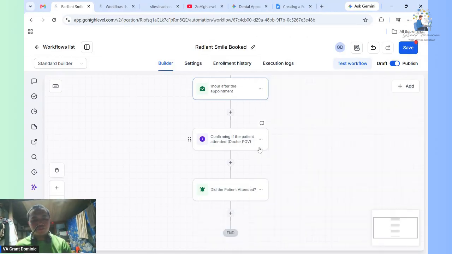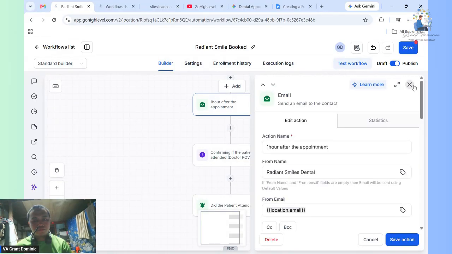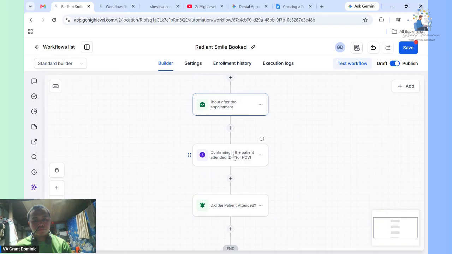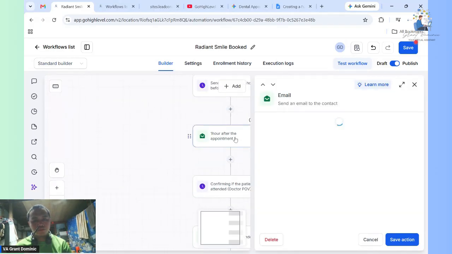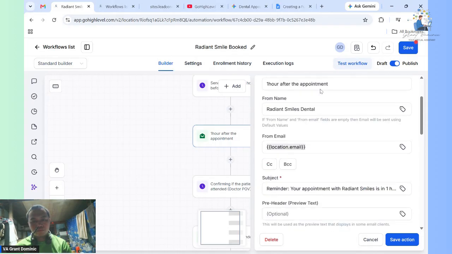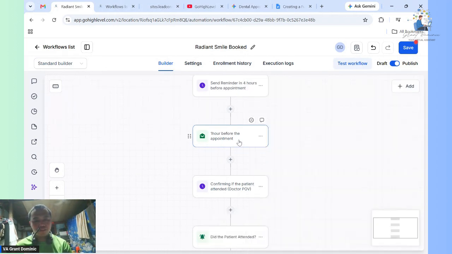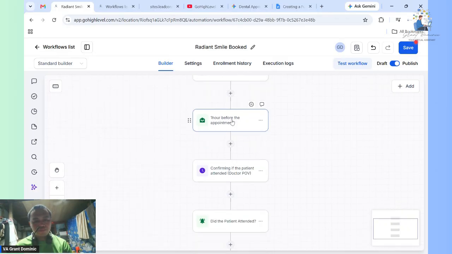Save action. This is not the one. 1 hour before. I changed that action name. I mistakenly changed that. So this is confirming.